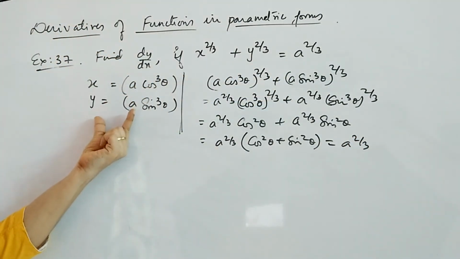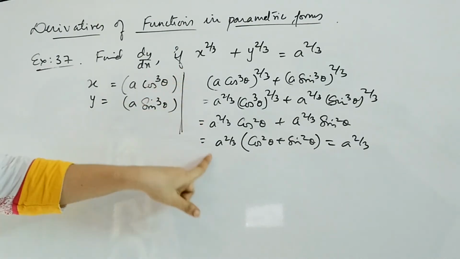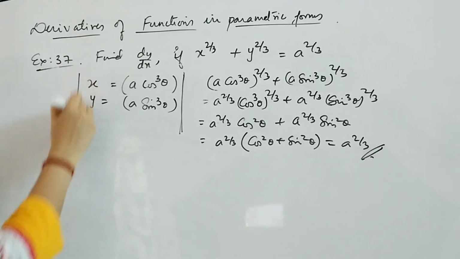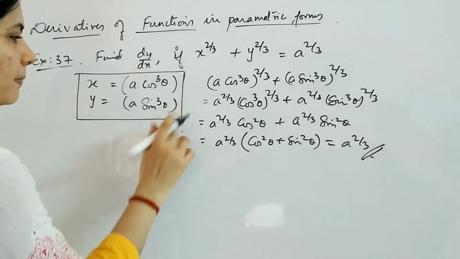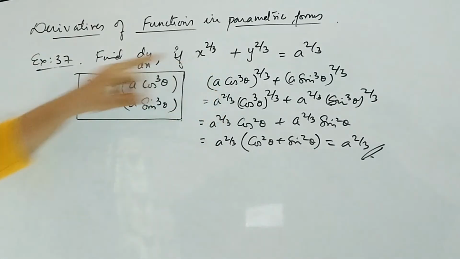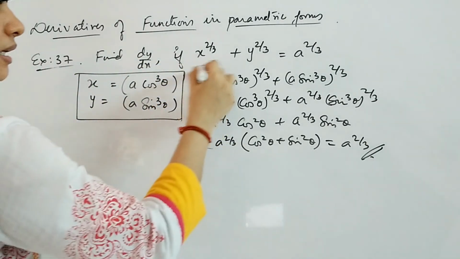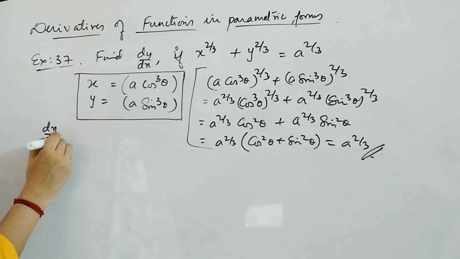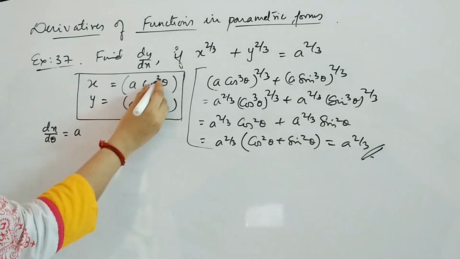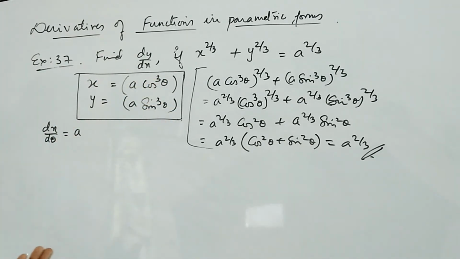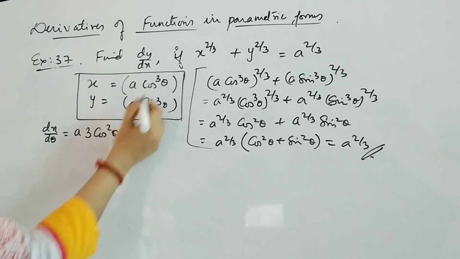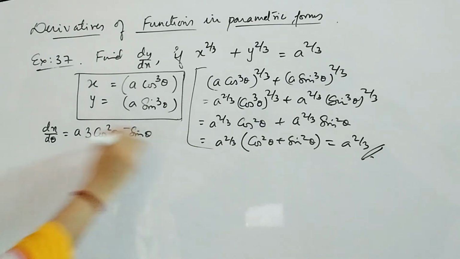So the value which you are choosing as your parametric form gives you your answer, the equation is satisfied. So we can choose this as the parametric form of the given equation. Now this is only a part of checking whether it is okay or not. You have to take these two and find out dx by d theta. You will get a into, what is cos cube theta's derivative? X cube's derivative is 3x square. So here you will get 3 into cos square theta into the derivative of cos theta, which gives you minus sin theta.